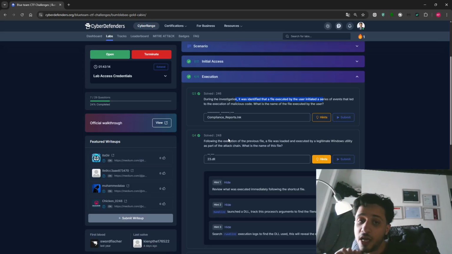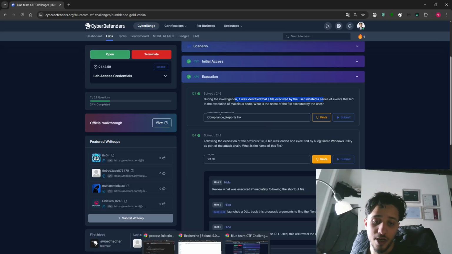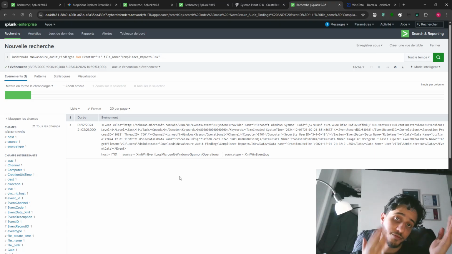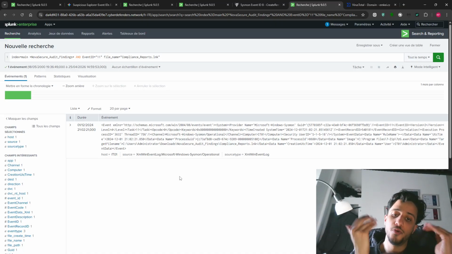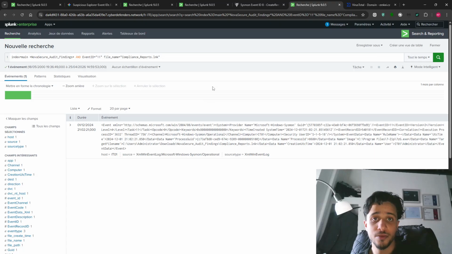The next question says, following the execution of the previous file, a file was loaded and executed by a legitimate Windows utility as a part of the attack chain. What is the name of the file? So we have already our chain of attack. Okay, we start by detecting the mail, the phishing mail. We detect the hash. After this, we detect the malicious file, and what we're gonna do here, we're gonna use